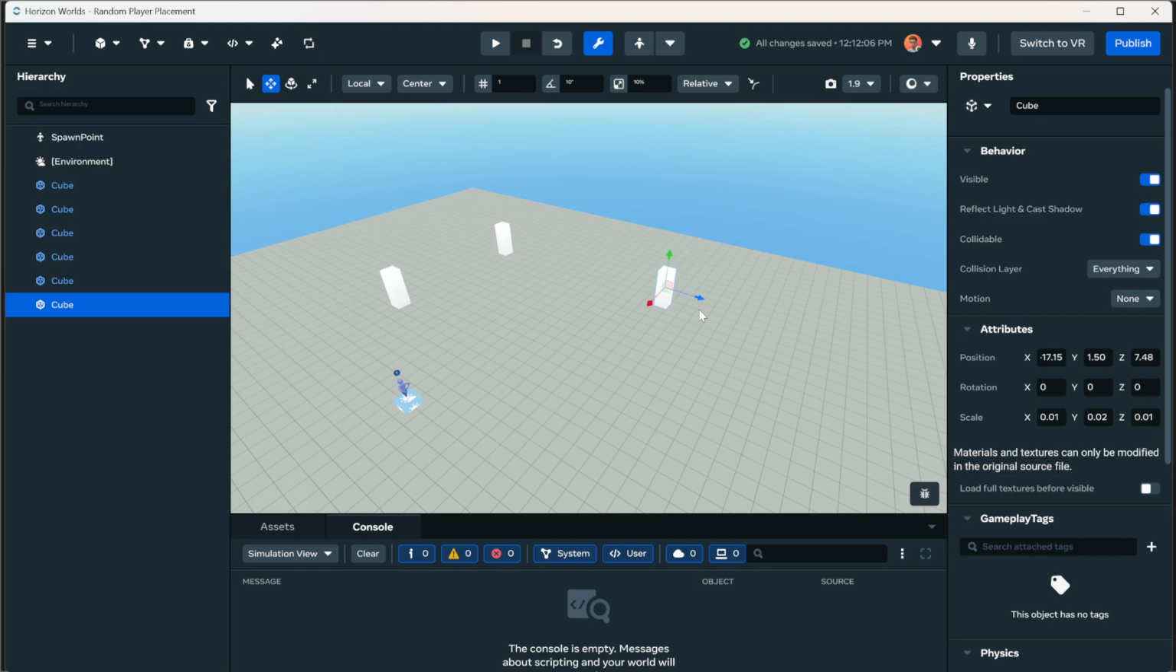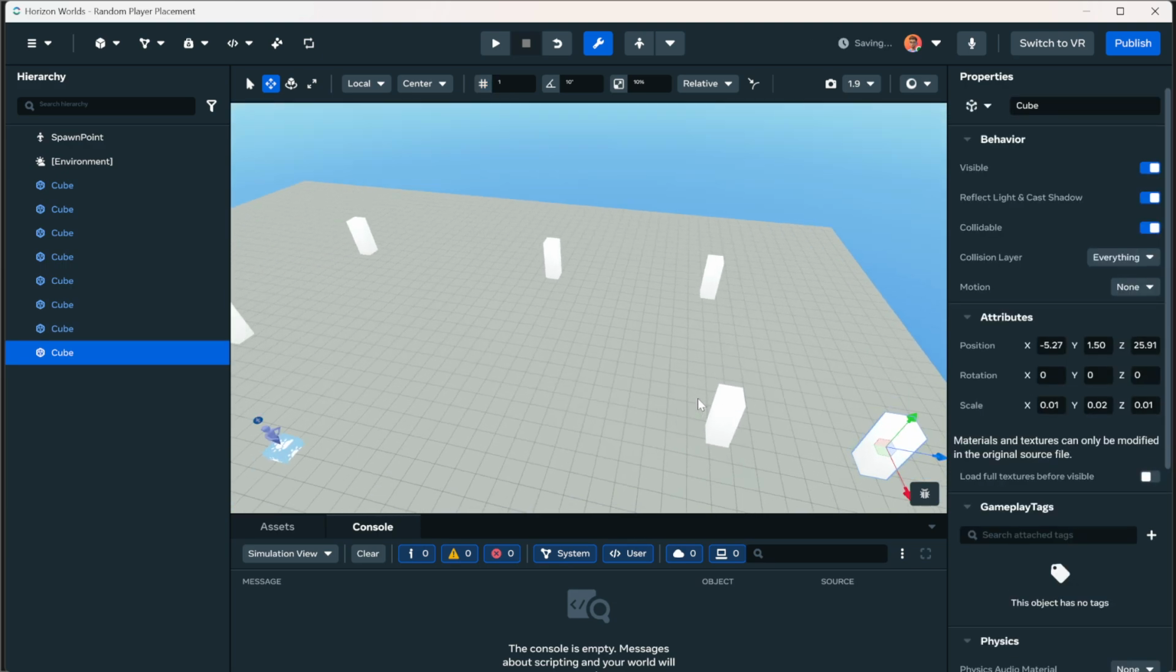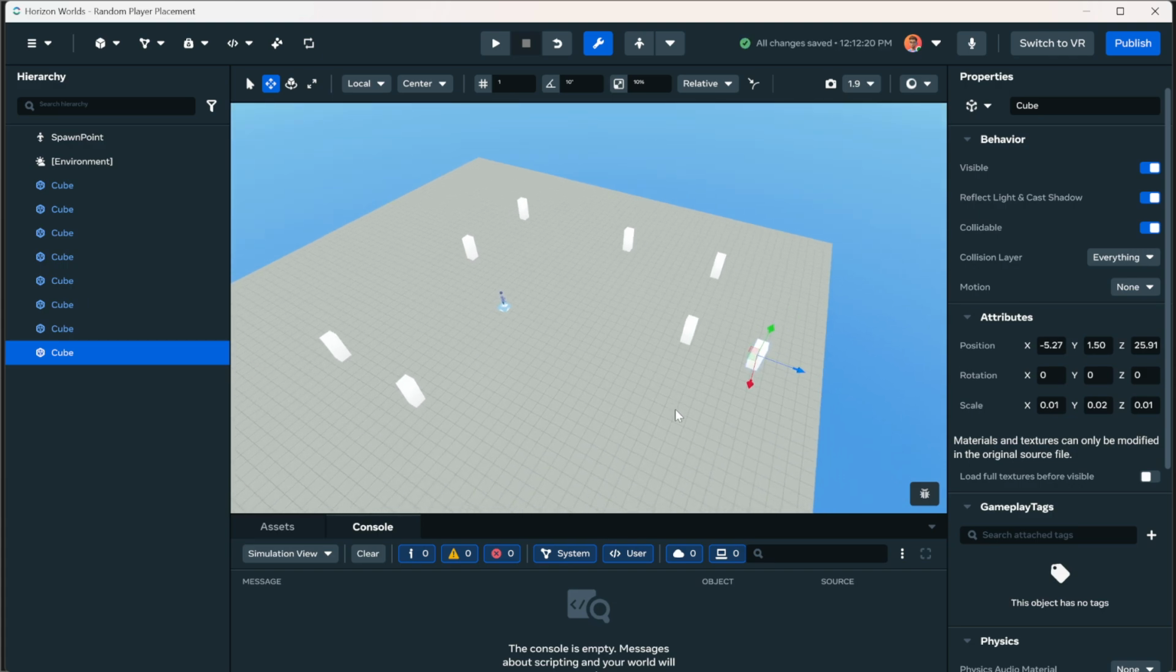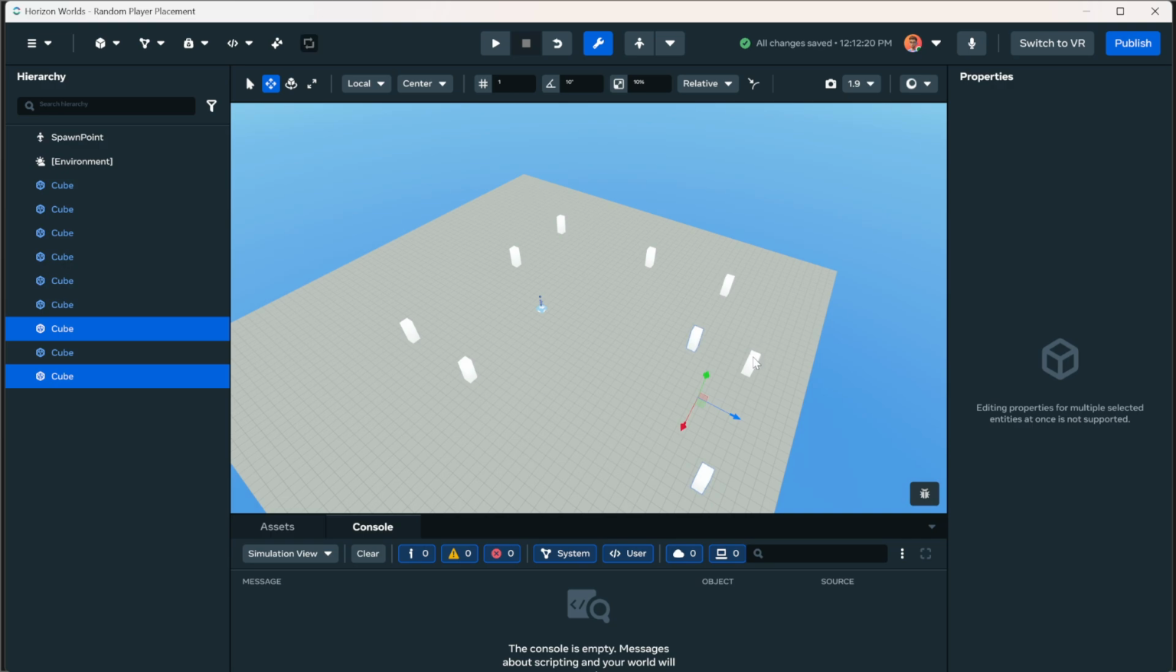Control-D, there we go. Control-D, there we are. Control-D, there we go. Let's keep moving outward, and then Control-D. And if I really wanted to, I could even select multiple of these at a time, hit Control-D,